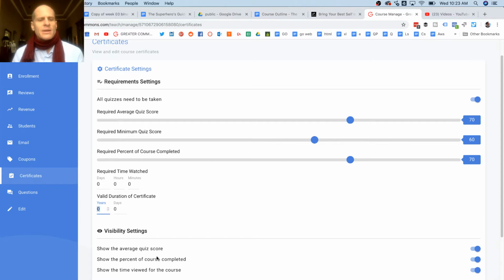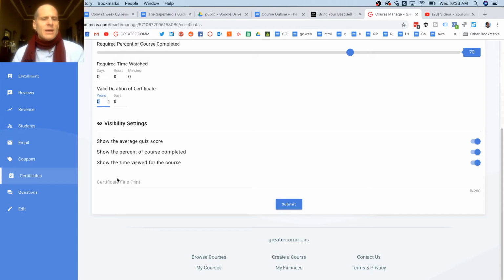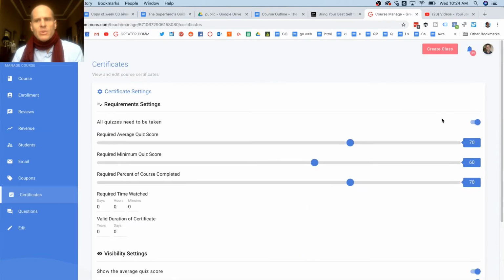And then I could also show the average quiz score, show the percent of the course completed, and show the time viewed for the course. Plus, I could also do fine print. So if I wanted to add some fine print to the certificate, I could do that also. All right, so that's how you set it up as an instructor. Hit submit. And one last thing I'll point out is